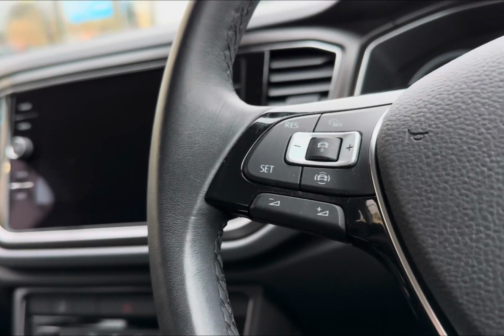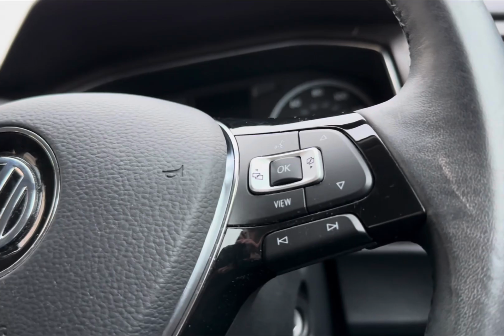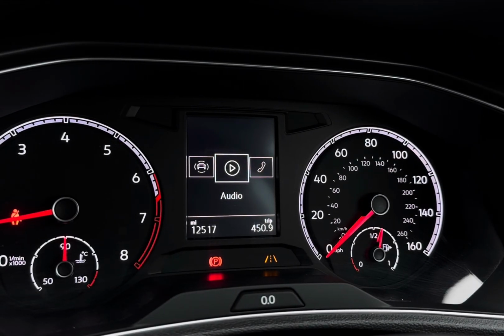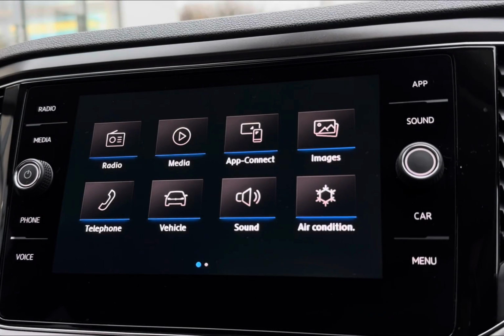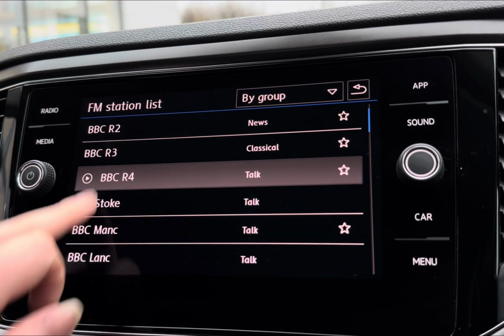To seamlessly navigate around your vehicle, you do have your mounted audio controls, which does include your adaptive cruise control to keep you at a safe distance, along with your options to navigate around your digital cockpit screen and display vital car information. Moving across into your central touch display screen, you do have a wide selection of radio stations